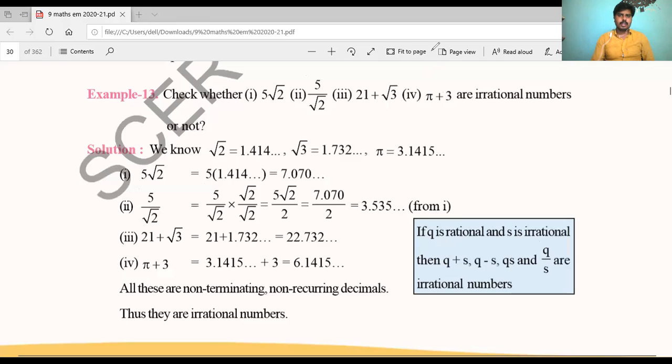So here observe 5 root 2. The root 2 value is 1.414, nothing but non-terminating, non-recurring decimal. Root 3 value is 1.732, so on. And pi value is equal to 3.1415, so on. These are all irrational numbers, right? So 5 root 2 is nothing but